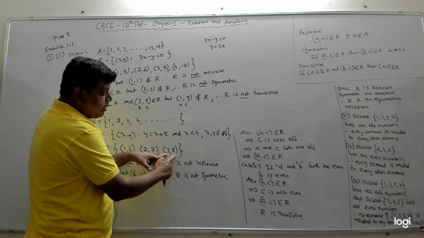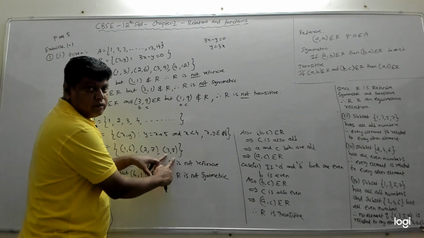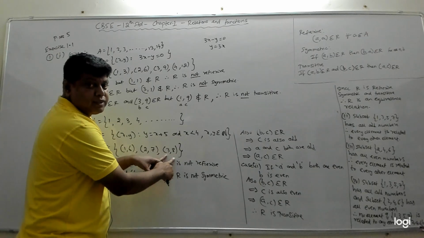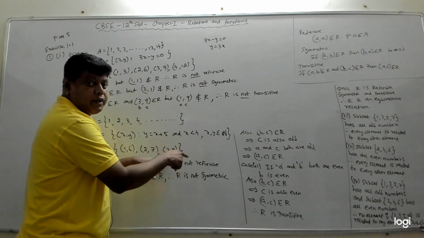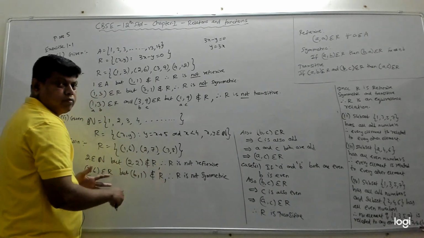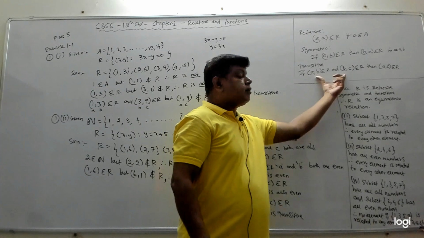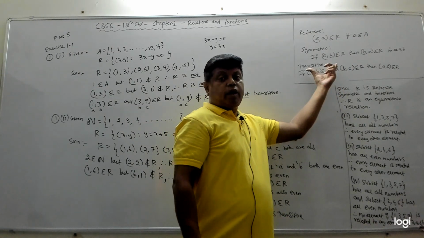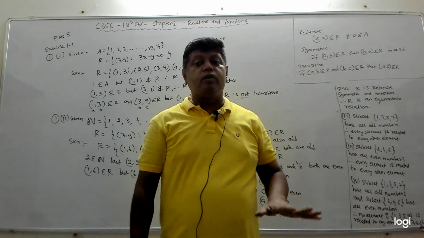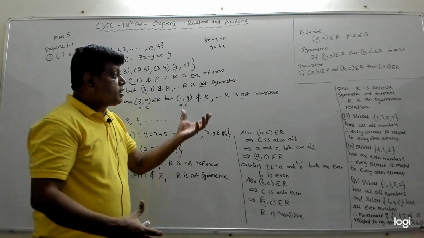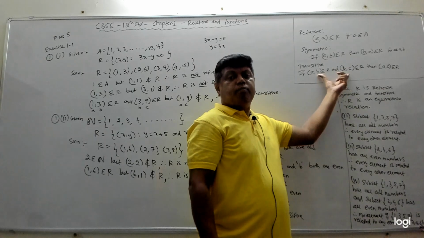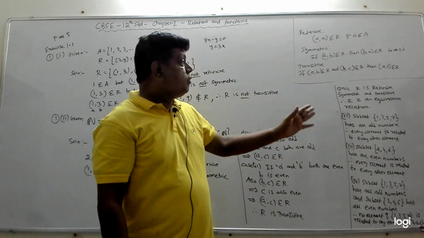Then take this 3 comma 8. This is like A comma B. B is 8. So, A comma B I have got. Now, we should find B comma C. B comma C means the element should start from 8, with 8 comma something. Is 8 comma something there? The first element is nowhere 8. So, we are unable to find such a pair. If you are unable to find such a pair and if A comma C is not in R, you can say it is not transitive. Suppose you are unable to find 2 elements in this form, then you cannot even check this condition.